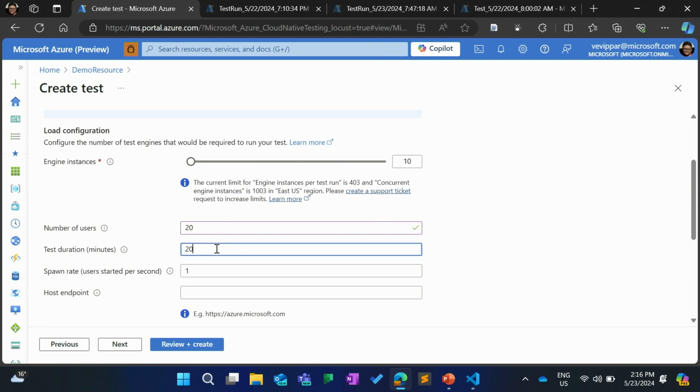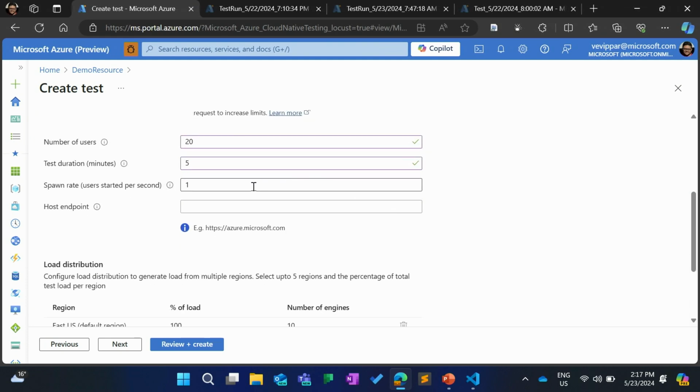Now here I specify the duration for which I want to run the test. This is a demo, so I'll just run it for 5 minutes. But with the service, you can run tests for up to 24 hours, so you can also do all of your soak test scenarios. And coming back to the scale, the service supports up to 400 engine instances, and with the usual number of 250 per engine, you can go up to 100,000 concurrent users in a single test. So that's the amount of load that you can generate. And when such load gets generated, it's gigabytes and petabytes of data that gets generated, so that is also taken care of by the service.